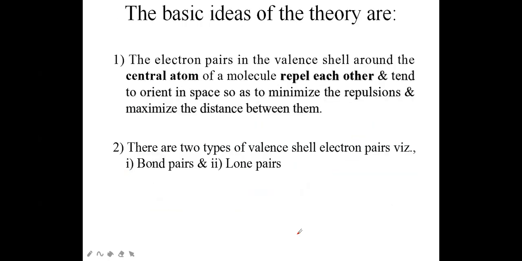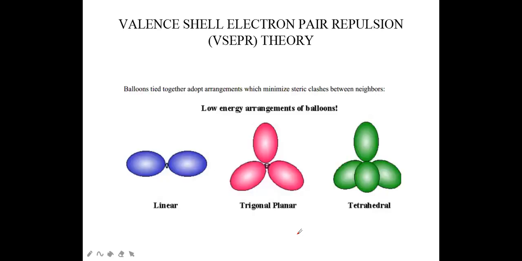All right. So now we go to the theory code, which they pronounce as VESPA, but it's actually valence shell electron pair repulsion. So this theory tells us that an electron pair has got a